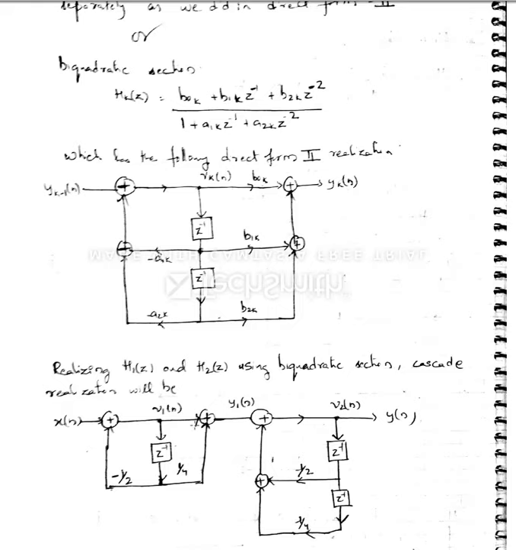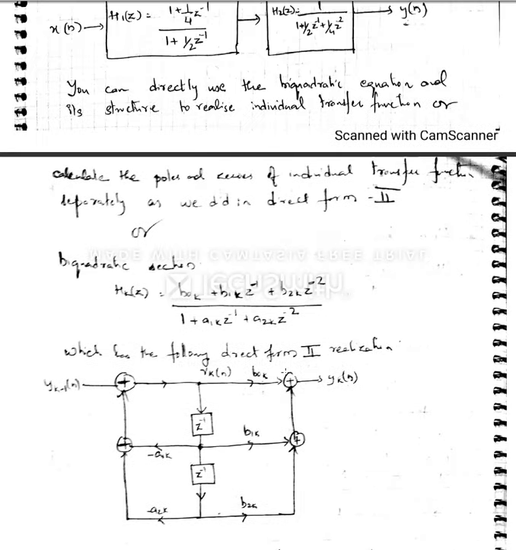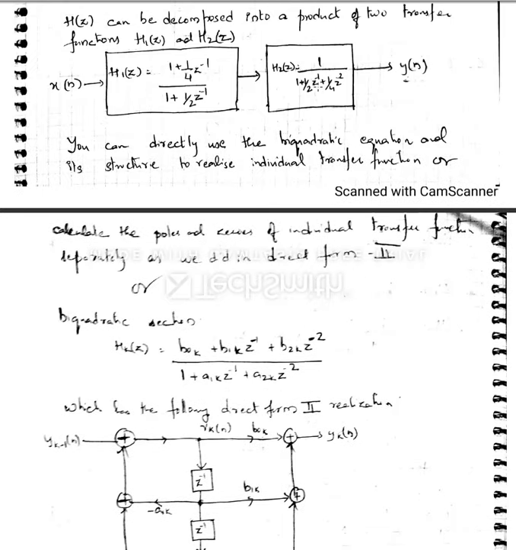This is same as how you realize for your direct form two. So same coefficients, same values of a and b you would get if you try to realize in the same way, but calculation would be a little lengthy because you have to separate transfer functions. So for every transfer function you would get 2 equations. So 4 equations you would have to calculate, and then you would be substituting here 2 equations for this, 2 equations for this, or directly use the biquadratic.